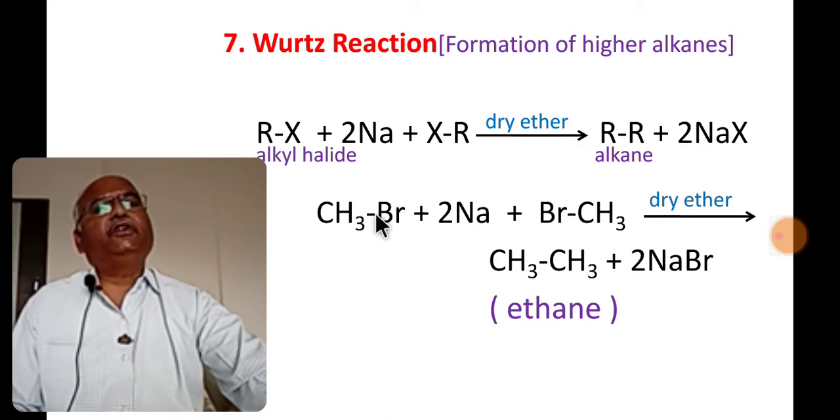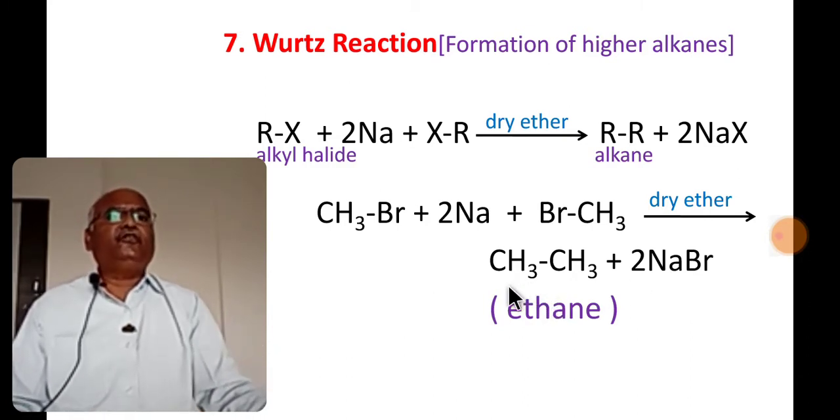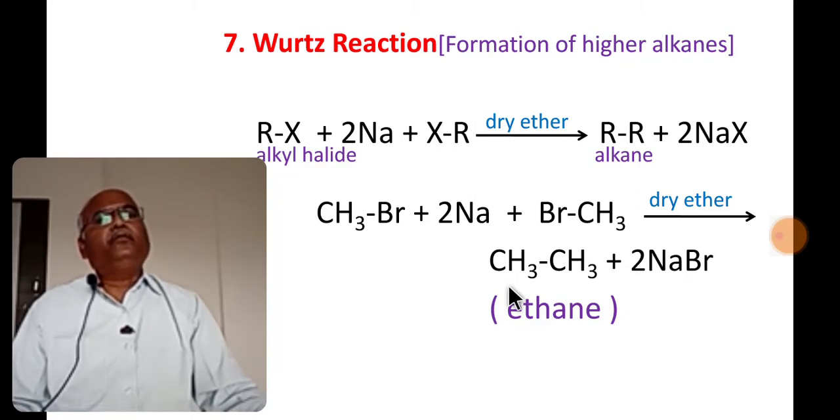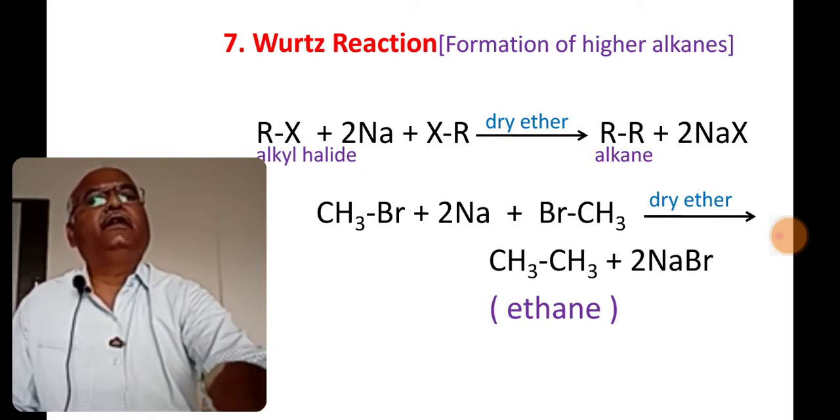Sodium combines with bromine and sodium bromide is formed as a side product, and ethane is produced. So Wurtz reaction is useful for the preparation of alkanes containing an even number of carbon atoms. By this reaction we cannot prepare methane. This reaction is not useful to prepare alkanes containing an odd number of carbon atoms. Next reaction,